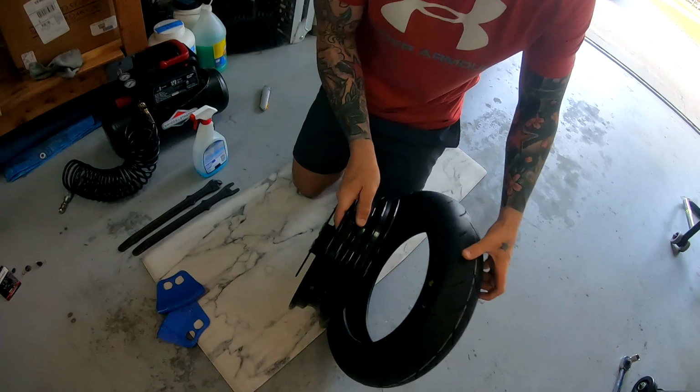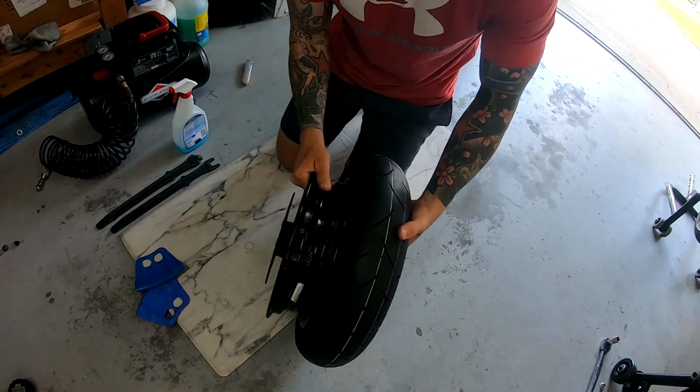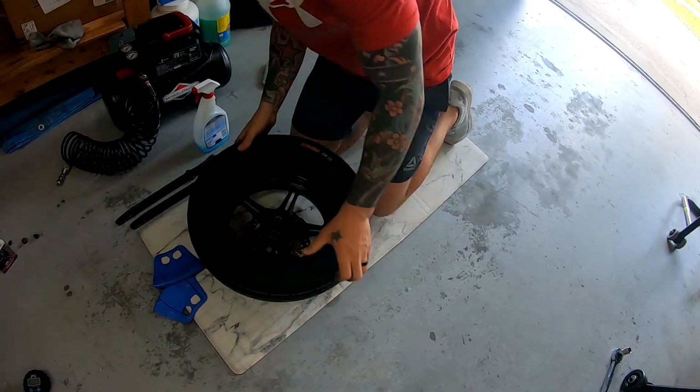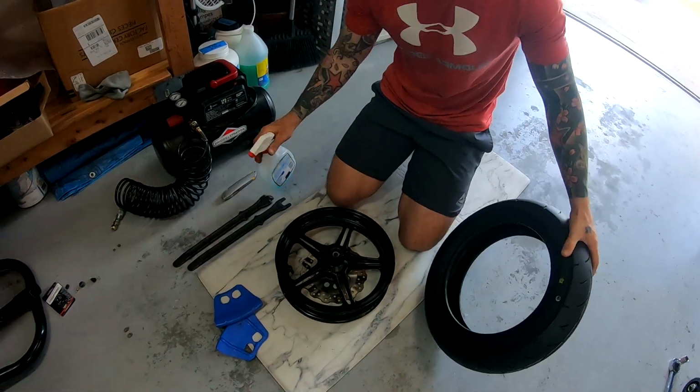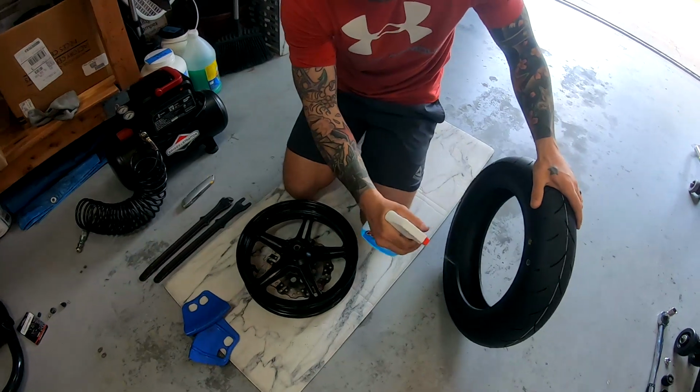So it's gonna go on like this. You want that lined up. So you're gonna go ahead and go from this side, right here. All right, so now that we have the orientation ready, a little trick is to spray a little bit of